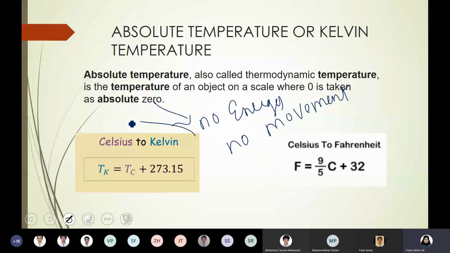And you always need this conversion in most questions, because in the exam they will give you the temperature in degrees Celsius, but you have to use it in the Kelvin scale. Especially for Charles law and all, only the Kelvin scale should be used for the numerical. So if you want to convert degrees Celsius to Kelvin, you add 273.15. Yeah, that is the precise value.